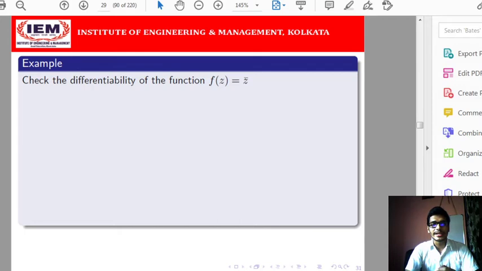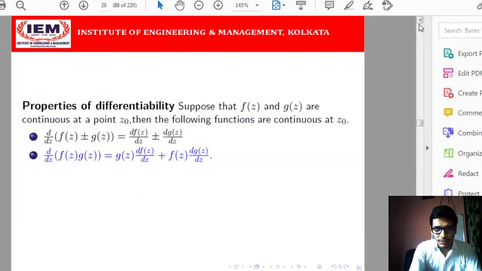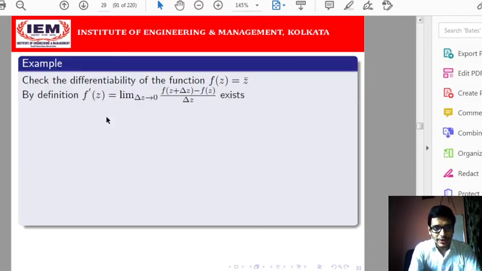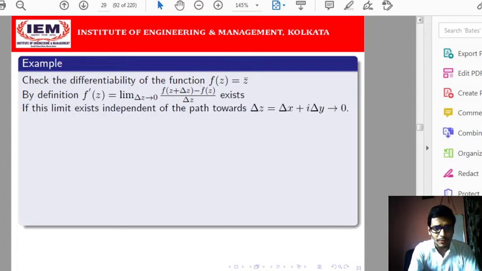Then I am going to discuss one example where we are checking the differentiability. If we want to show the differentiability of a function, then we need to use this property. If the limiting value of this quotient exists, then only we can say that the function is differentiable at that point z0. Otherwise, it will not be differentiable. So we are going to show that. What is the definition? By definition, f dash z will be the limit as del z tends to 0 of f(z plus del z) minus f(z) by del z. If it exists, then only I will say that the function z bar will be differentiable at the point